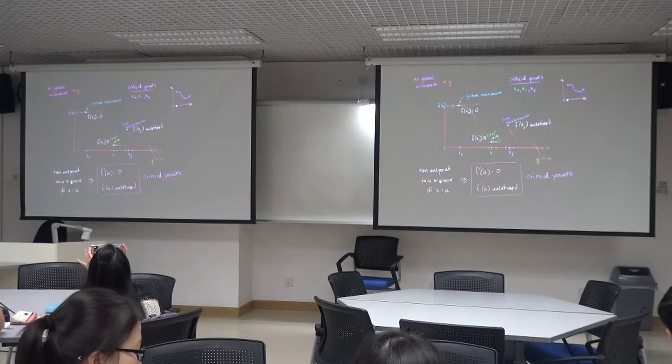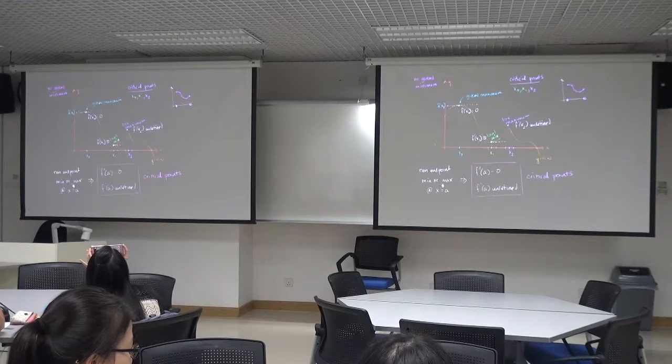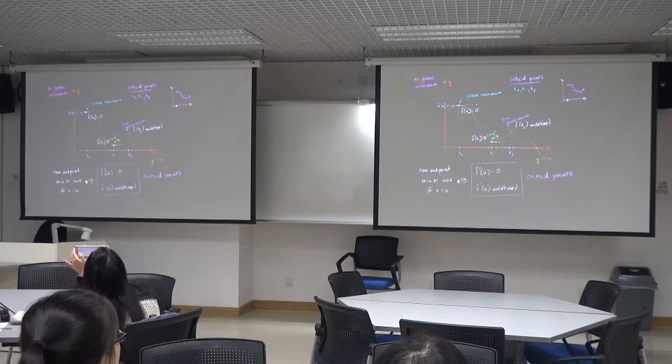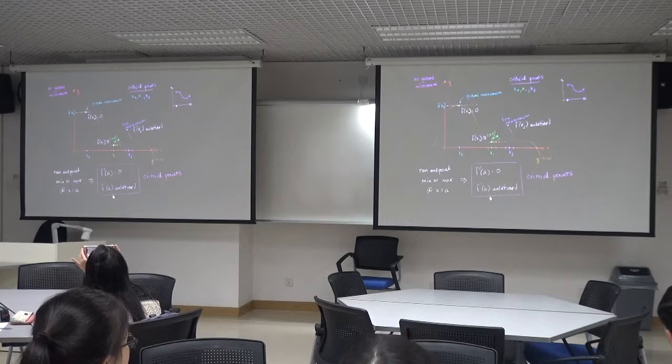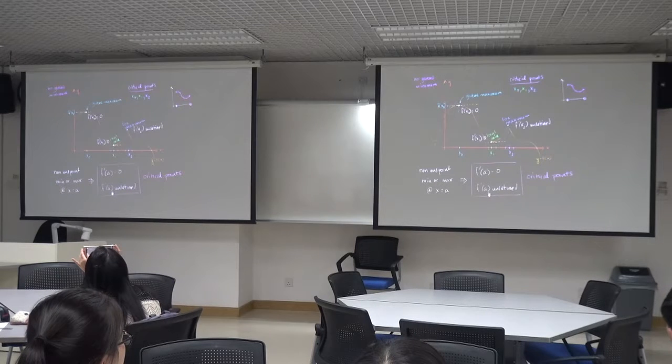Now, if we have a non-endpoint minimum or maximum point, then it's going to be a critical point. But can we say it the other way around? If we find a critical point where the derivative is 0 or the derivative is undefined, is that going to be a maximum or minimum point? And to think about that, let's imagine